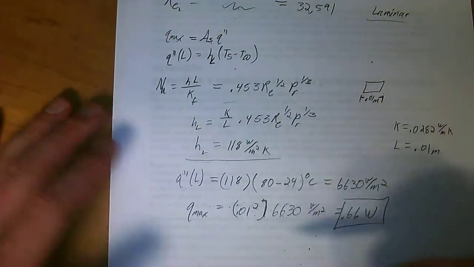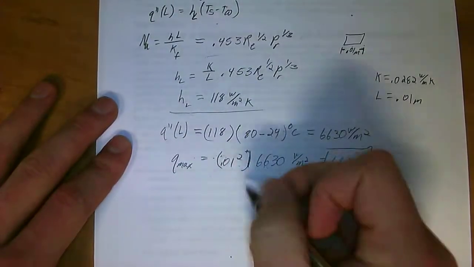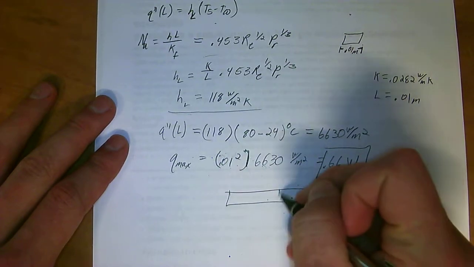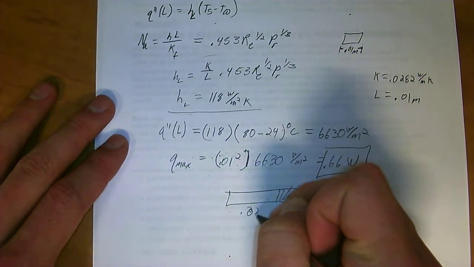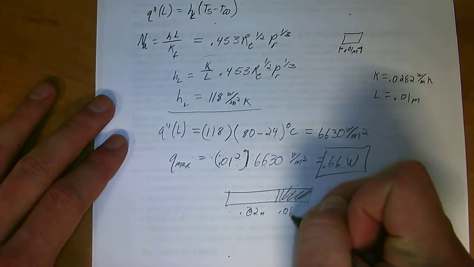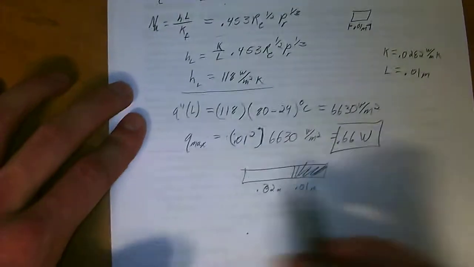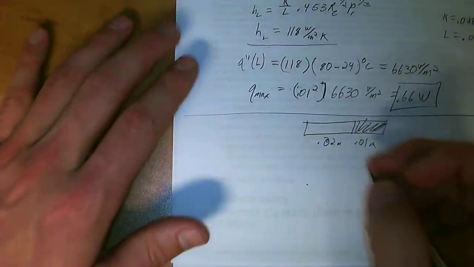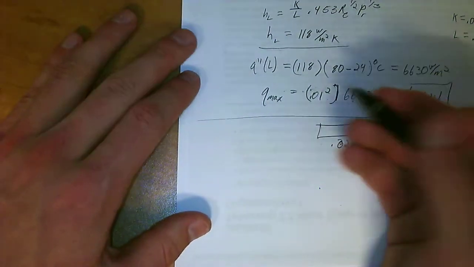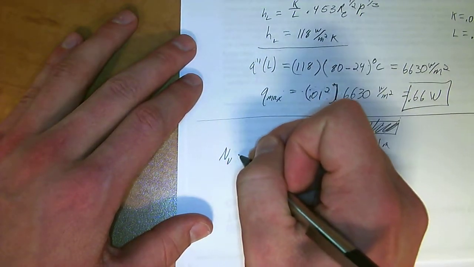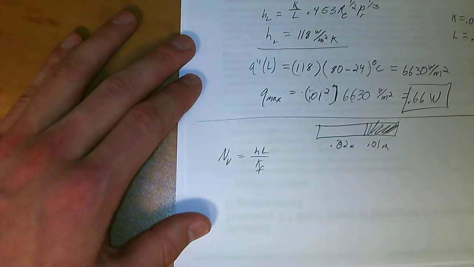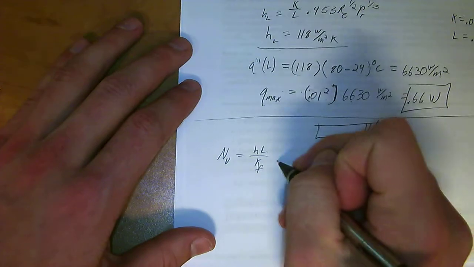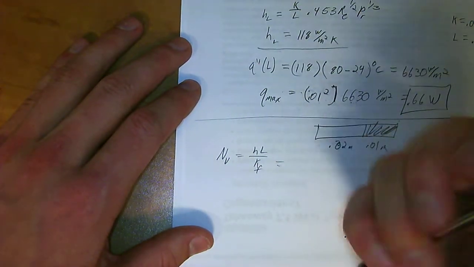So now we have to do the same calculation for the chip with a substrate attached. So we've got the chip right here, and then we've got a substrate over here, so we've got 0.02 meters and 0.01 meters, if you don't have that drawing from before. So now, in doing this part, the Nusselt number equation changes. So we've got Nu is still equal to HL over K of the fluid, but now it's also equal to